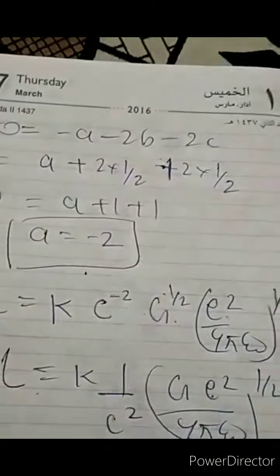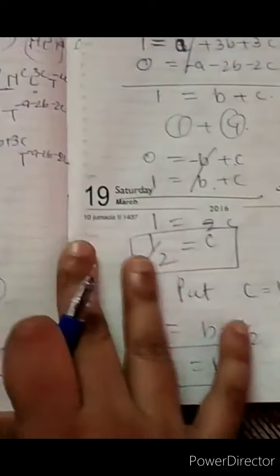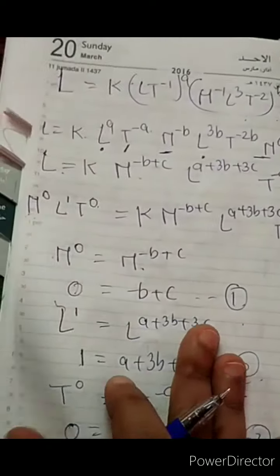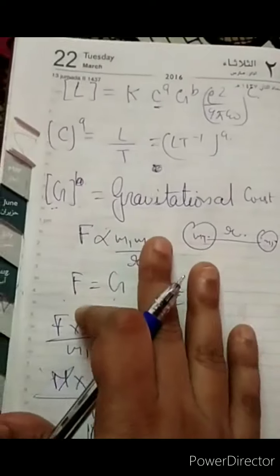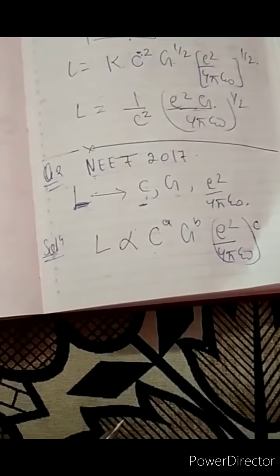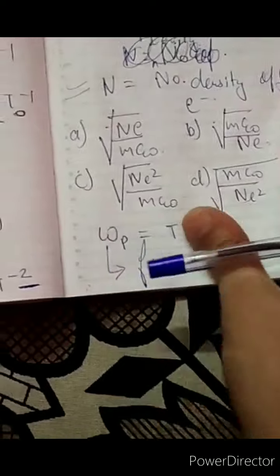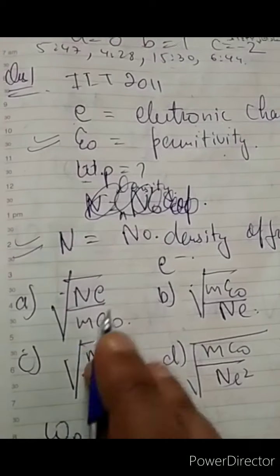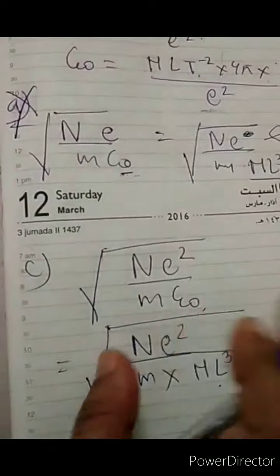We put powers A, B and C, put a proportionality sign, that is, L is directly proportional to this, and then we remove the proportionality constant. One method is this, but I'm doing it another way for you. If someone gets it, it's fine. The method is, I use the options. So let's do it, and see how I take advantage of the 4 options.